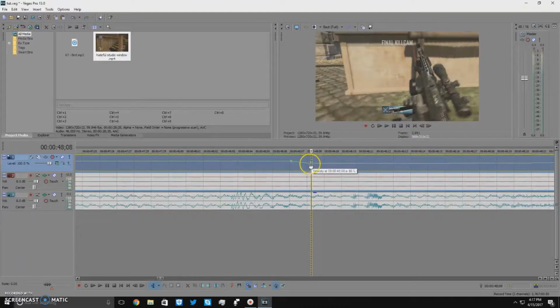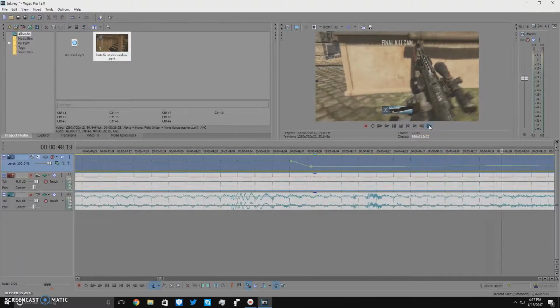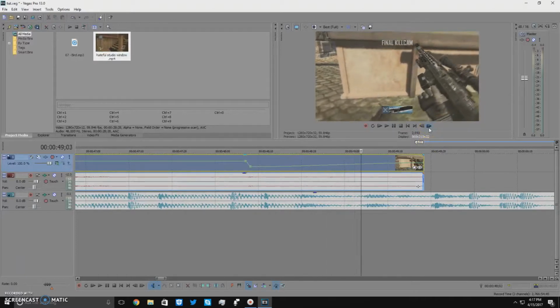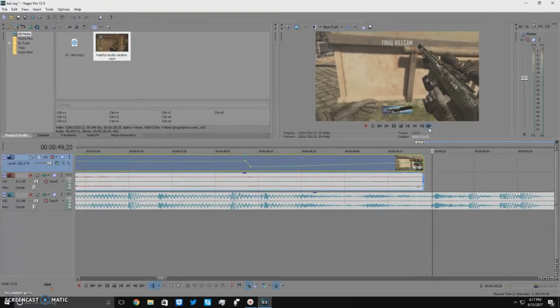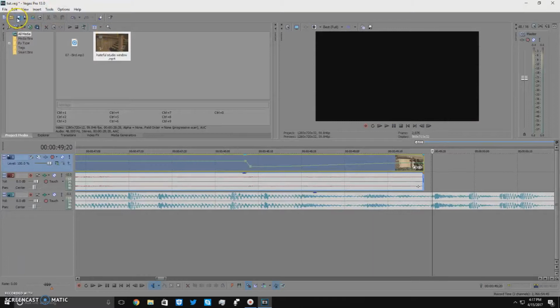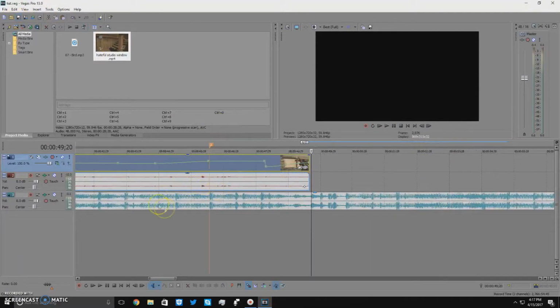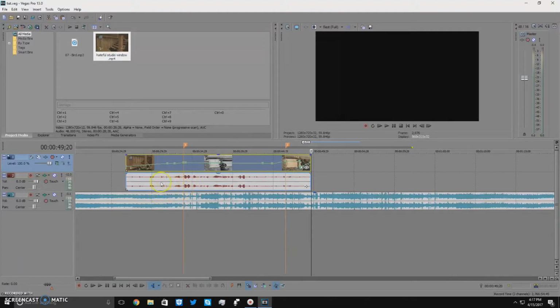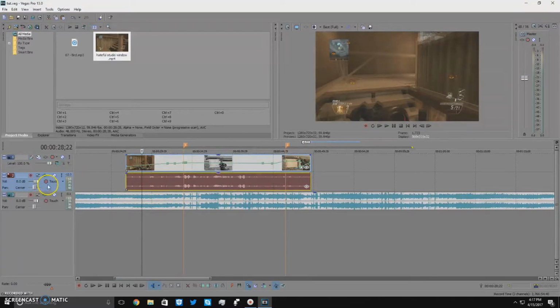So a lot of people want this. They want it to go super, super duper slow-mo at the very end, to where it makes it look like it reloads super slow. And then you could speed it up, drop that a little bit as well. And it just shows that slow-mo reload. Now if you had done this in Twixtor, it would have made a water effect because of how slow we went. Okay. So now with that being said, you can delete this audio track